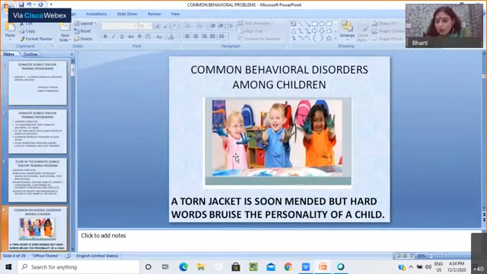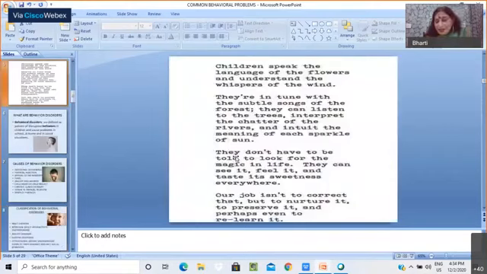But hard words bruise the personality of a child. So in the next slide, it says that children speak the language of the flowers and understand the whispers of the wind. They are in tune with the subtle songs of the forest. They can listen to the trees, interpret the chatter of the rivers, and intuit the meaning of each sparkle of